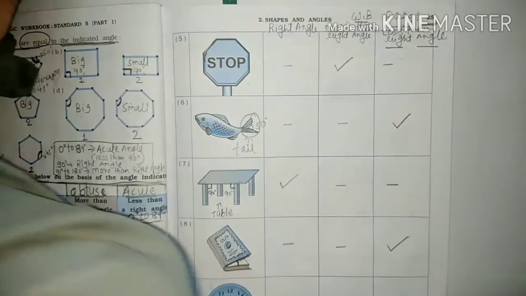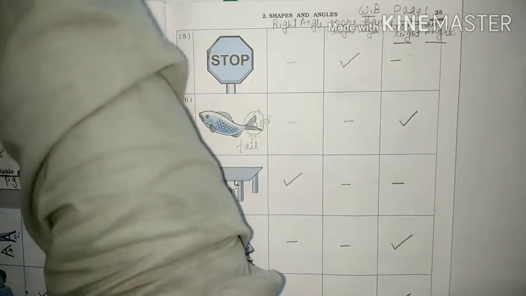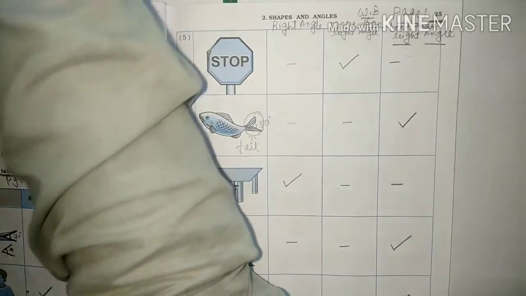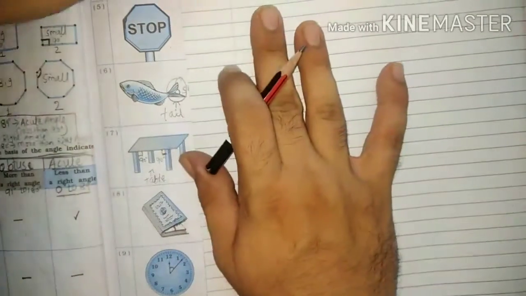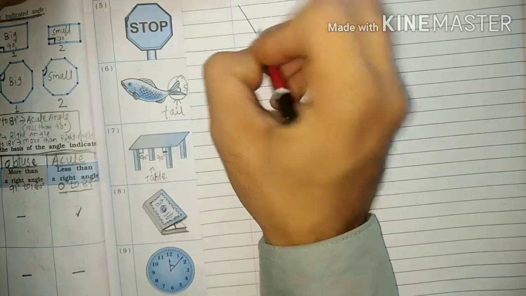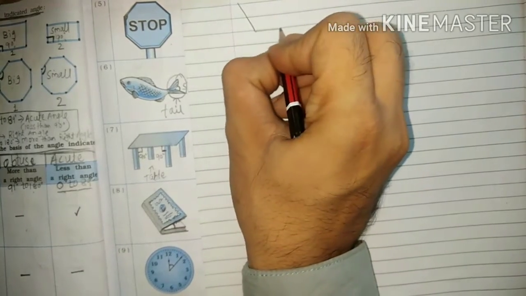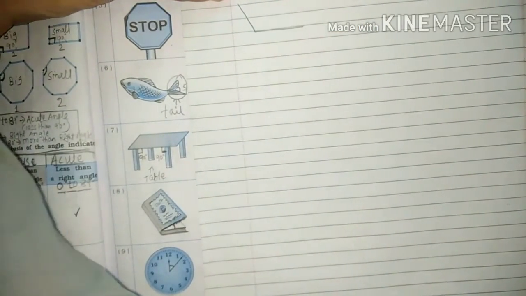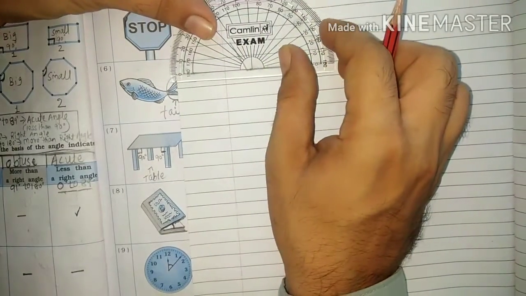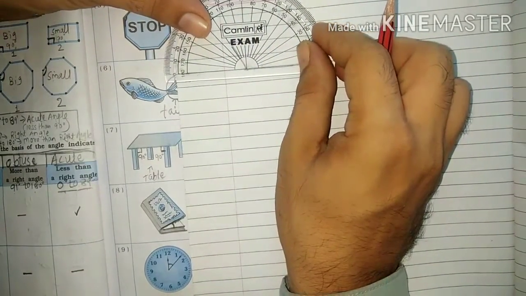Now what you can do, students, to measure this, take a notebook and do some rough work in it so that you can get to know, okay, I have taken it. So I'm going to draw this angle like this, okay students. If I have to measure this angle, I have my protractor here. I am going to measure this angle with the protractor.